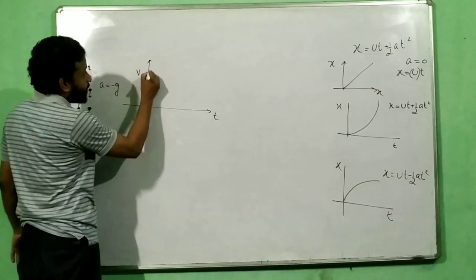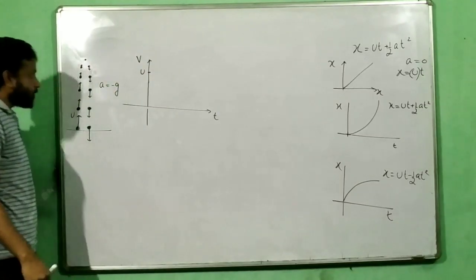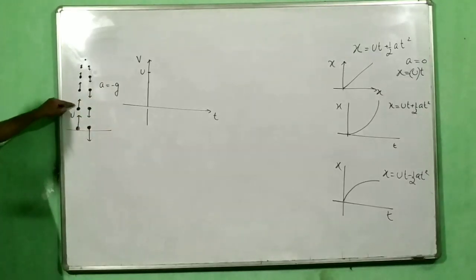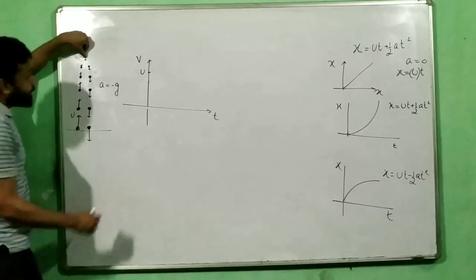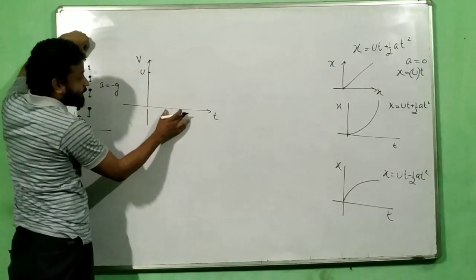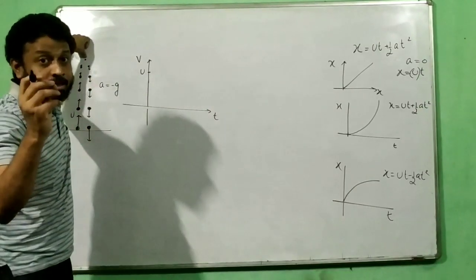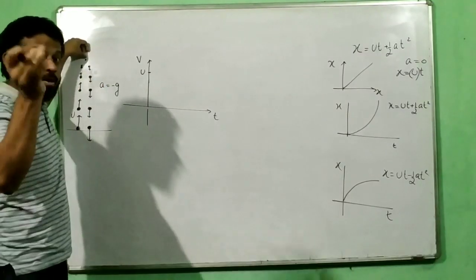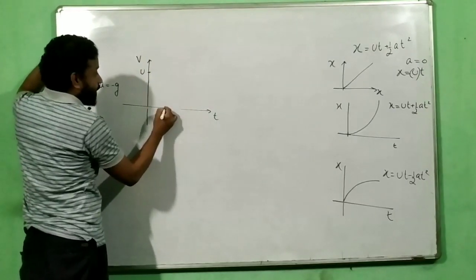So let us say you are providing some initial velocity as u, then it should have an intercept, and slowly the velocity should decrease and should become 0. If it is becoming 0, that means it should touch the x-axis, because on the x-axis the value of y is 0. When a graph touches the x-axis, the value of the y-axis is 0. So when it touches the time axis, that means the velocity has to become 0.